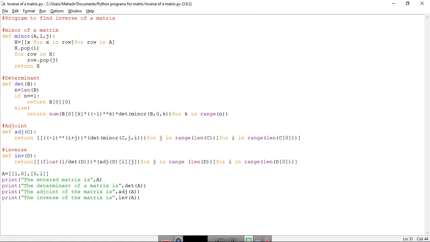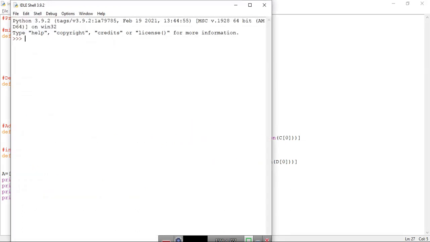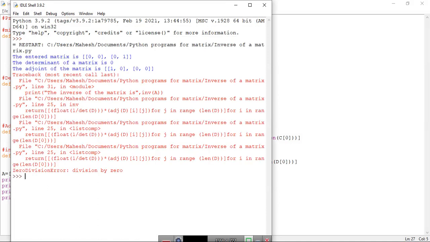Right. Now let us see, if in a matrix any row is 0, then the determinant becomes 0. In that case, let's see, I have made this A to have the first row 0. So obviously determinant of A will be 0, and let's see what the program will do. If you see here, it shows the error because division by 0 is not allowed, right?